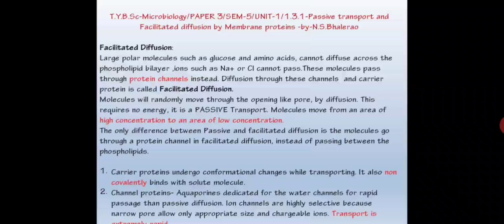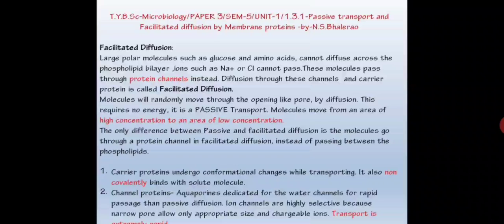Therefore, after reaching the equilibrium point, the transport of such solutes stops. Therefore, there is no requirement of energy. Molecules move from an area of high concentration to an area of low concentration. After reaching the equilibrium point, the transportation stops. The only difference between passive and facilitated diffusion is that the molecules go through a protein channel in facilitated diffusion instead of passing between the phospholipids, because in the previous slide we have seen that